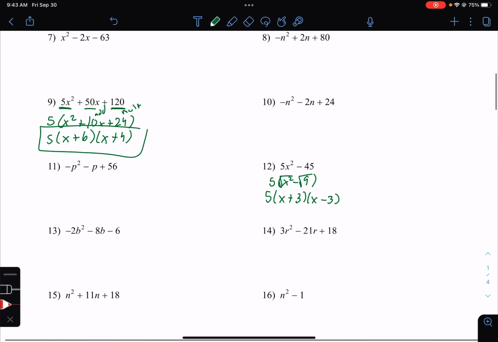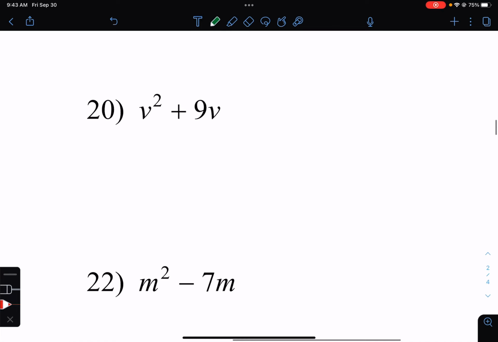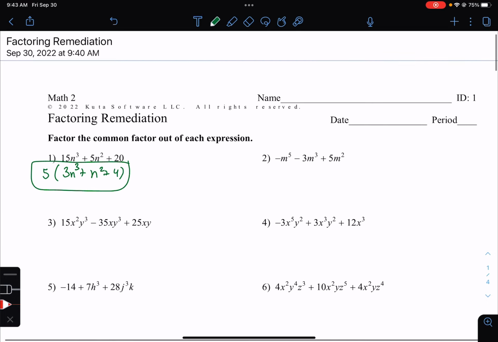All right, let's see. Let's take a look at number 20. All right, again, what is the first thing we always look for? A GCF. I look here, there's no numbers I can pull out, but this has 2 v's. This guy has 1 v, I can take a v out. All right, so again, I want to emphasize, and please write this down, the things you need to look for